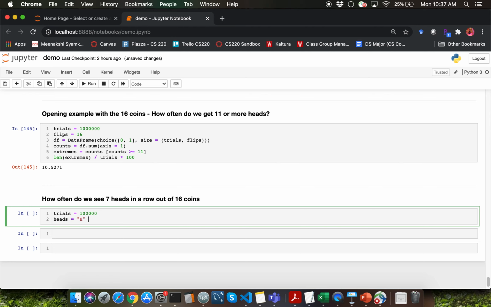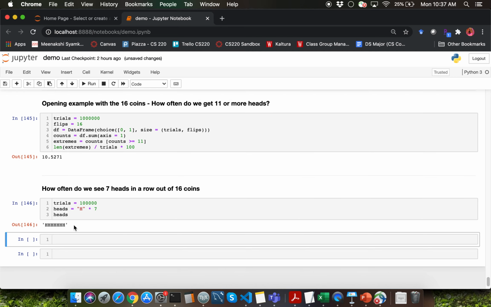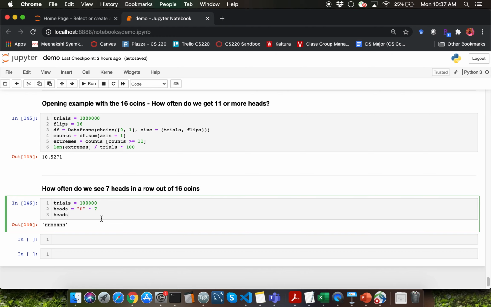I can do that by multiplying H by 7. Let me display heads variable over here. That's going to give us 7 heads. What I'm going to do now is try out all the trials. I'm going to write a for loop for that, and I'm going to say for i in range of trials.